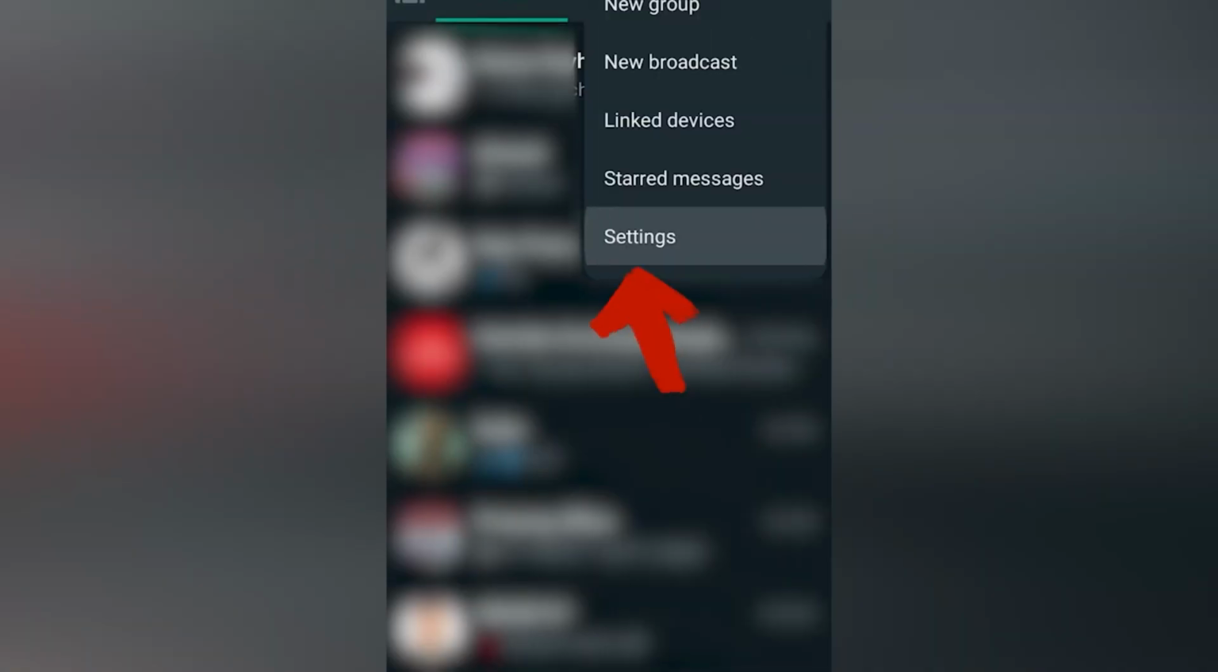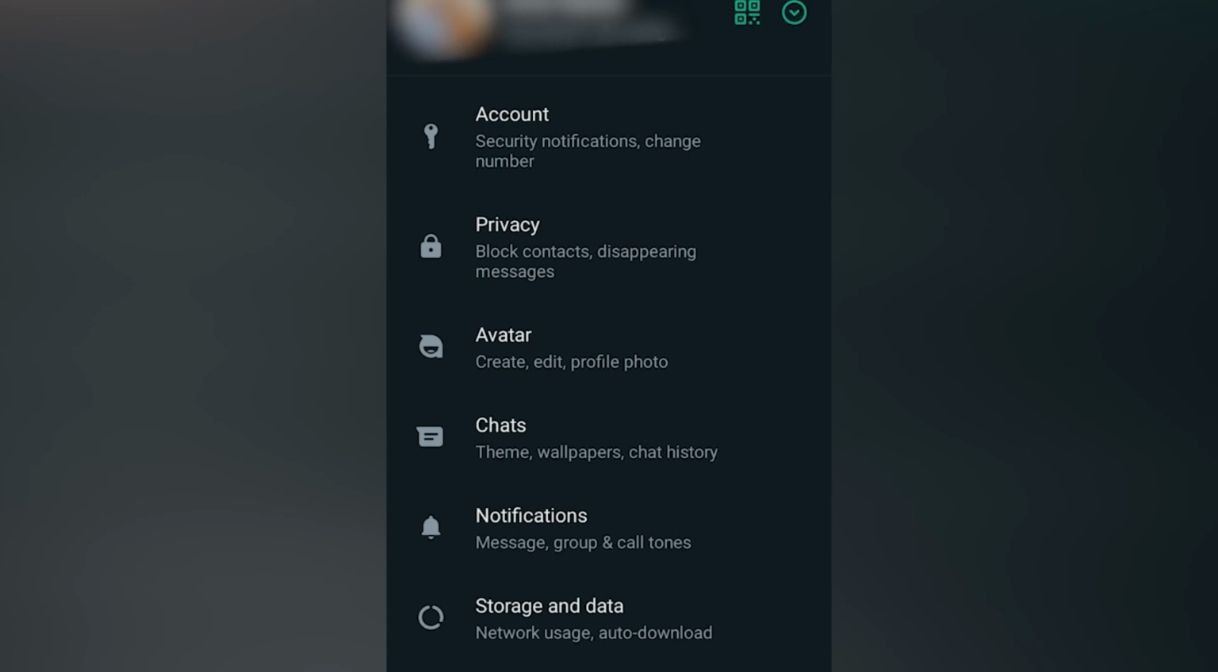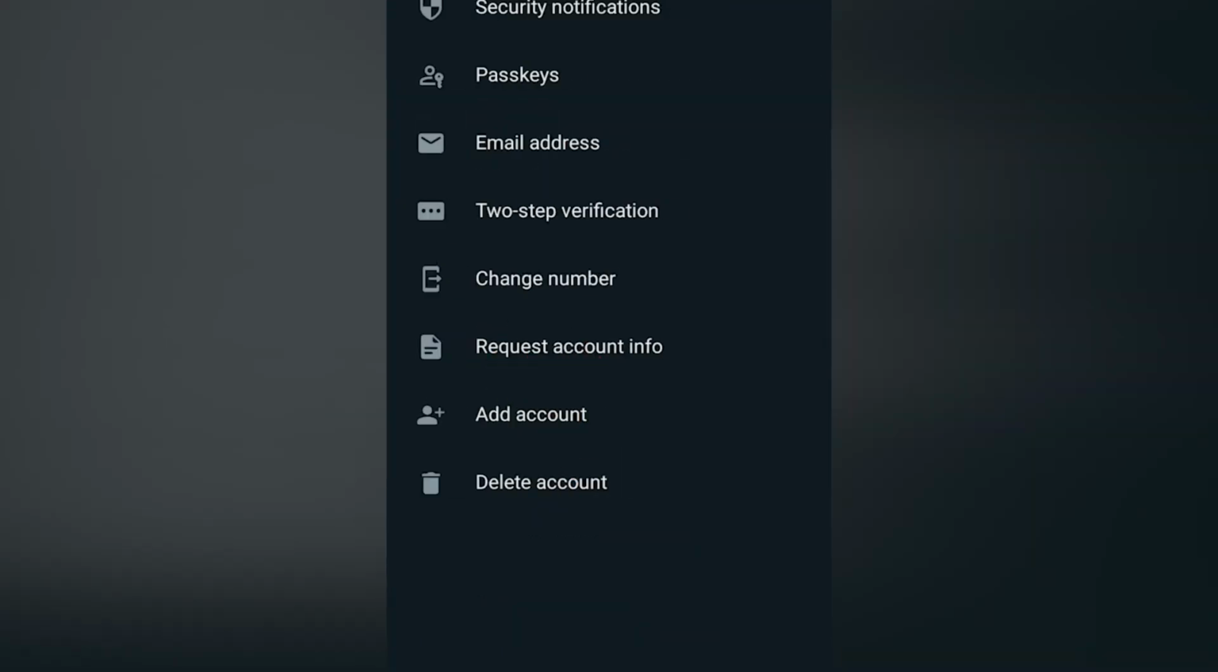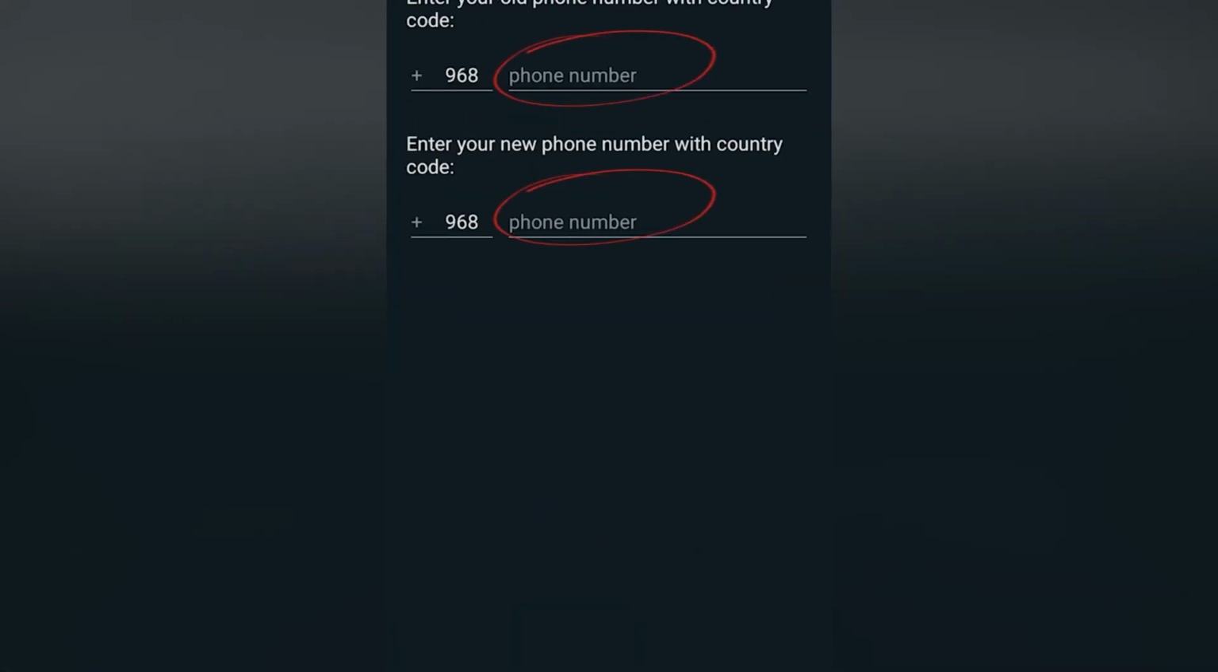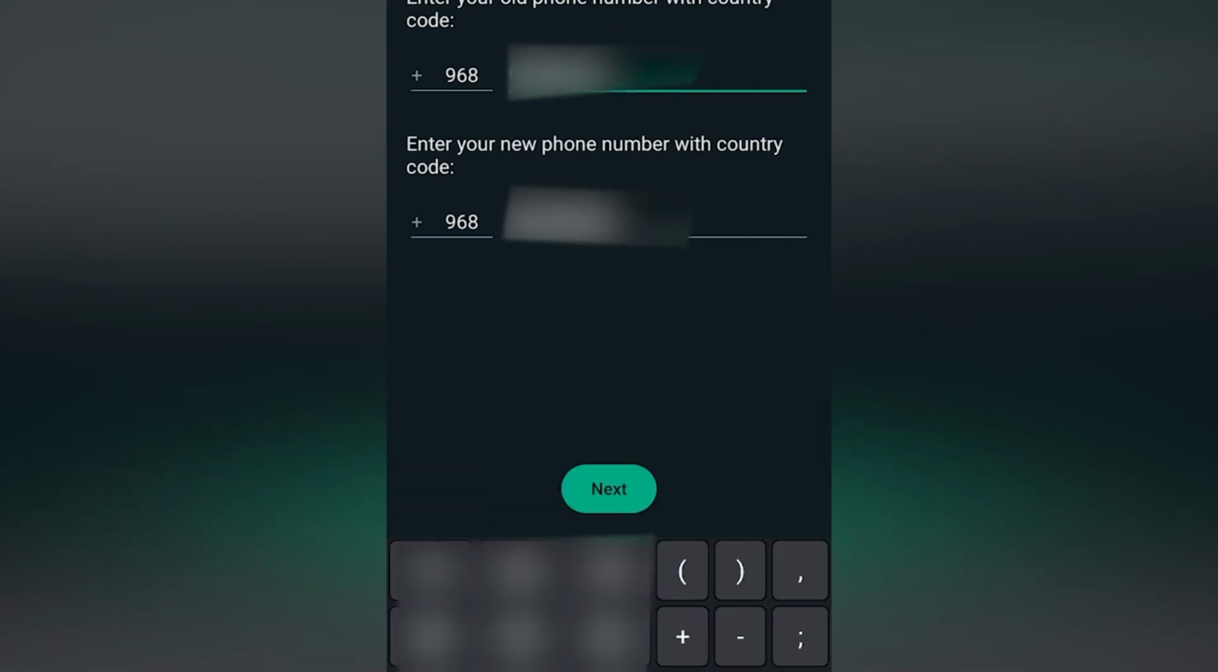Change the default WhatsApp number. Click on the three dot icon, then go to settings, then account, and go to change number. Next, put in the old phone number with the country code, then the new one with the country code, and click on